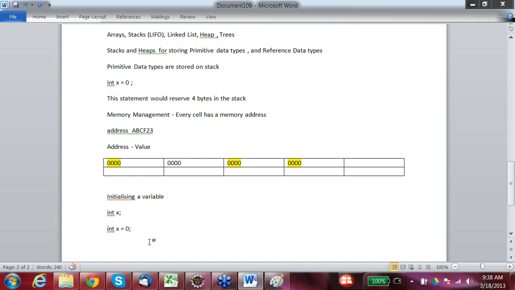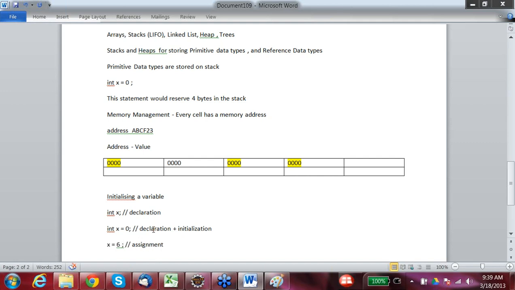Then we have assignment. So what does assignment mean? This is declaration. This is declaration plus initialization. Then after, during the program, I change this value to 6 or something. This is called assignment. When I am using the assignment operator to change the value of that particular variable, this is called assignment, right? So there is a difference between declaration plus initialization and simple assignment.